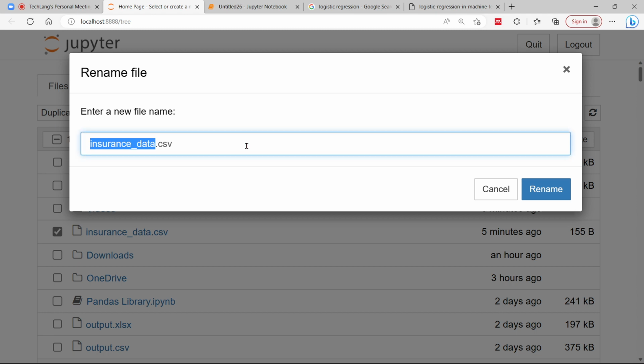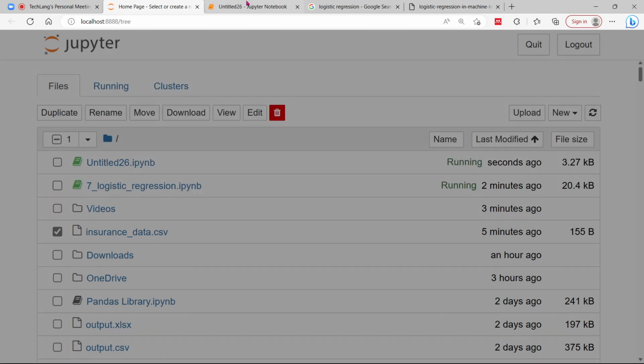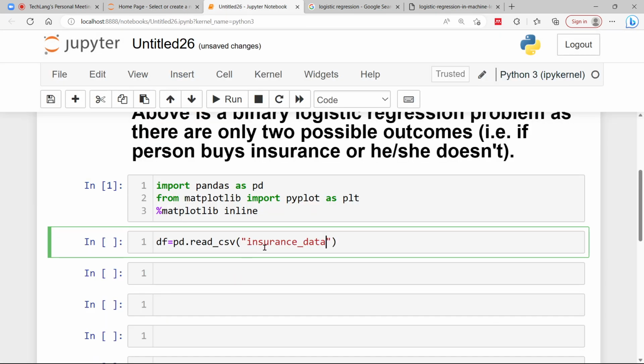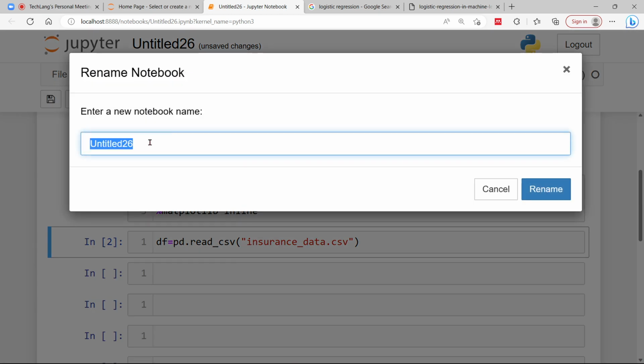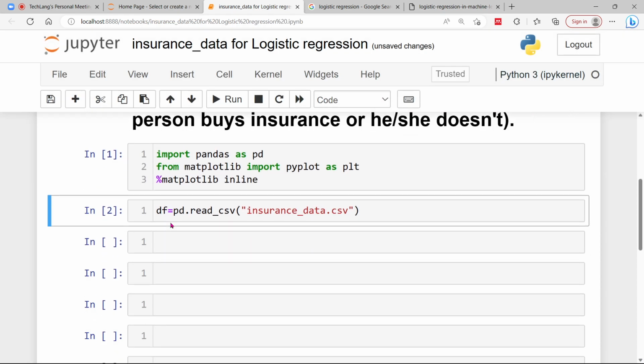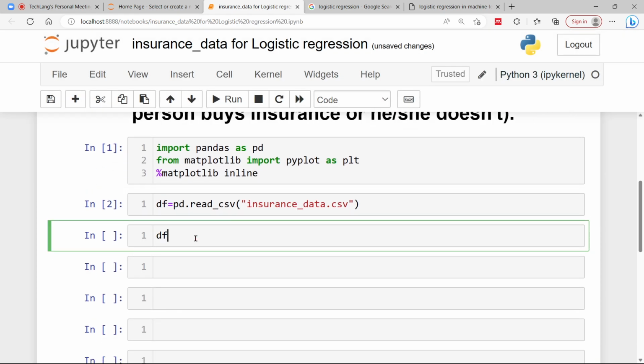You will find rename it, cancel, go there and just give the extension csv, right? So I'm going to run this code. So let me rename this as well, insurance data for logistic regression, right? So this is the next